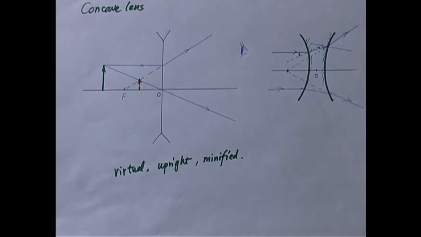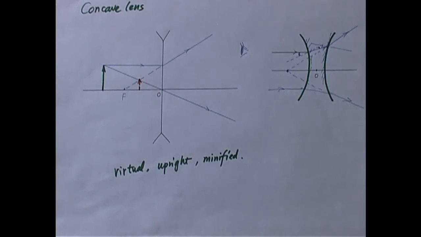You know what? This reminds us of a certain type of mirror, right? Is it convex or concave? Concave mirrors behave very much like convex lenses, right? But a convex mirror, just like a concave lens, can produce only one type of image: virtual, upright, and minified. So, again, a concave lens behaves like a convex mirror, and a convex lens behaves like